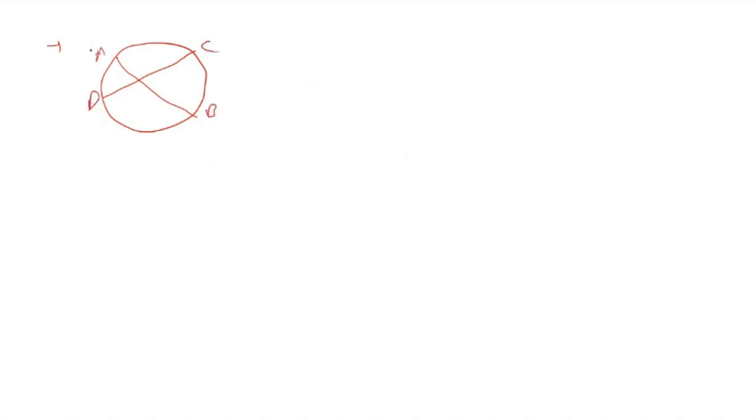So AB and CD are two chords, and again, this is just a general point of intersection, not necessarily the center. For example, if they intersect at M, then the opposite products will be equal. So AM into MB will be equal to MD into CM. Very important from a question perspective. And all of these properties are very important because, as mentioned,